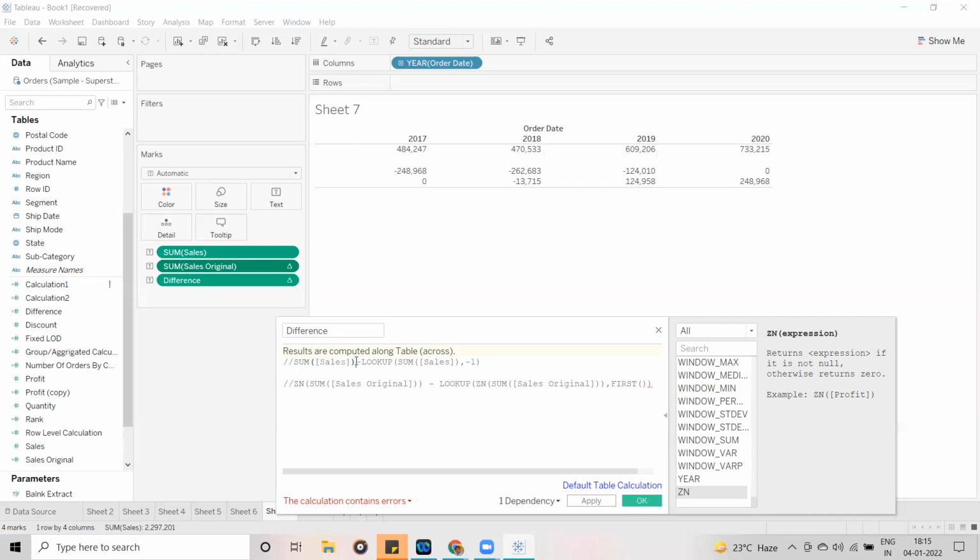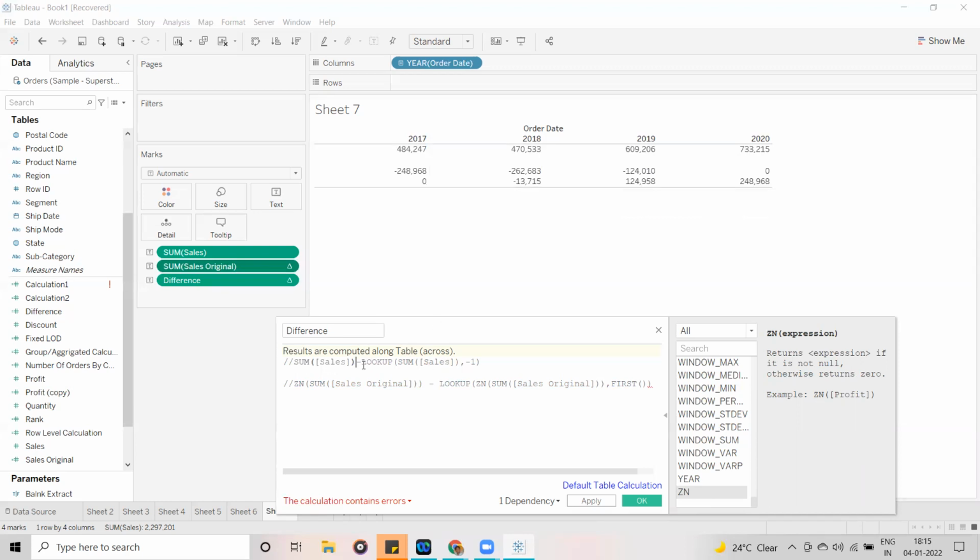Now, if I assume 2018 is the current value, then I want to look for the previous value. How will I look for the previous value? By using the lookup function. You have to think like this, then only you will get to know how to write the calculation.